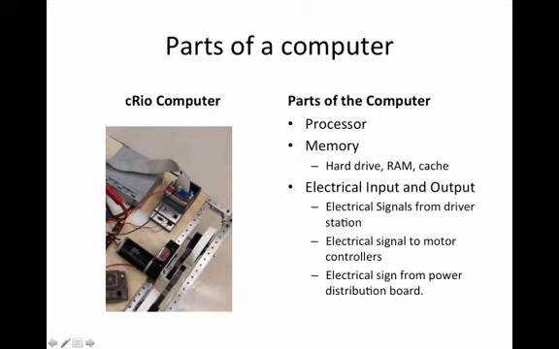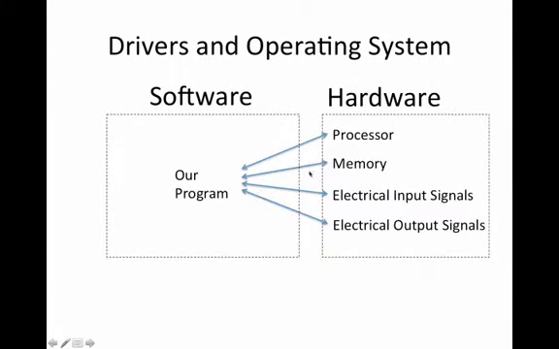It's going to send signals to our motor controller through this ribbon cable, and it's going to receive a signal through these cords right here from our power distribution board, and that's going to be used to measure the voltage of the battery. So our computer has quite a bit of hardware pieces to it: a processor, some memory stored inside of it, and these electrical input and output devices. Now, we know that these are the parts of our